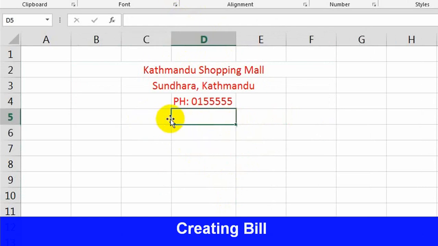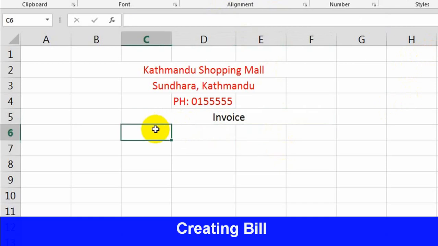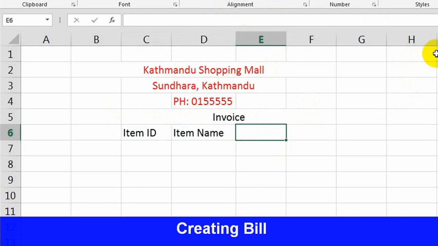For example, invoice. Okay, now when you go in any shopping complex, you can get such type of bill. For example, item ID, item name, rate, quantity, total.